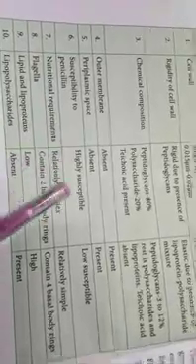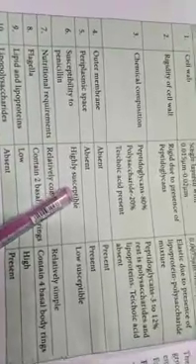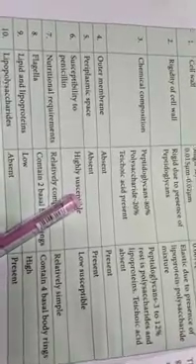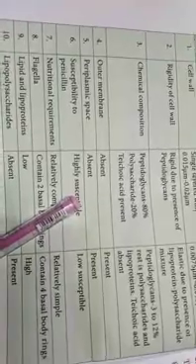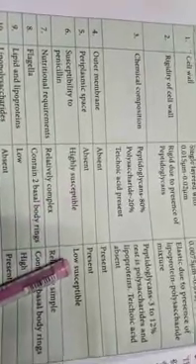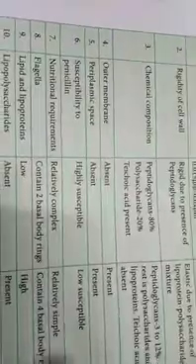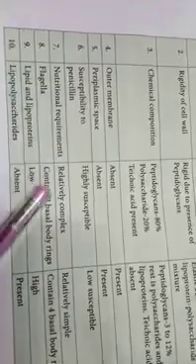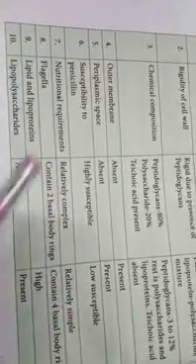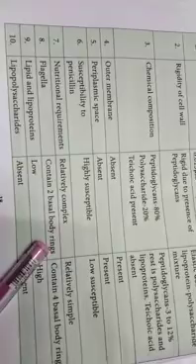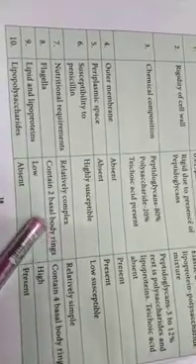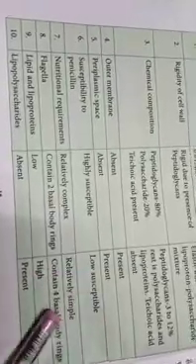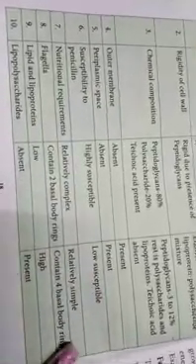Susceptibility to penicillin: gram positive is highly susceptible. If you give a dosage to the gram positive bacterium, it is easily sensitive to penicillin, but gram negative is resistant to penicillin, so it is low susceptible. Nutritional requirements are relatively complex in gram positive and relatively simple in gram negative. The flagella contain two basal body rings in gram positive, but four basal rings are present in the flagella of gram negative bacterium.